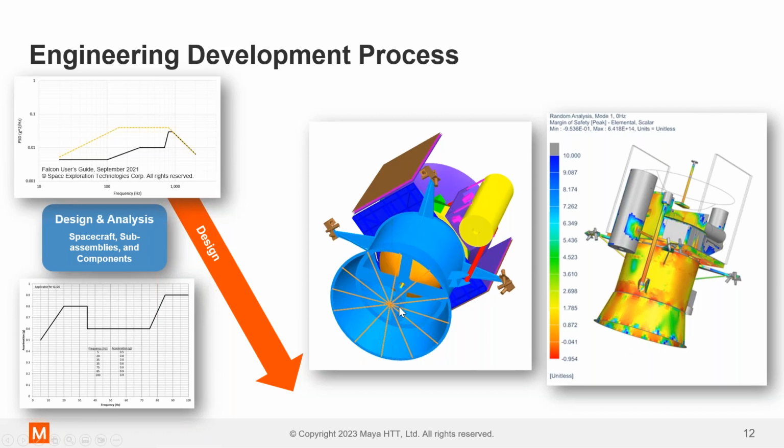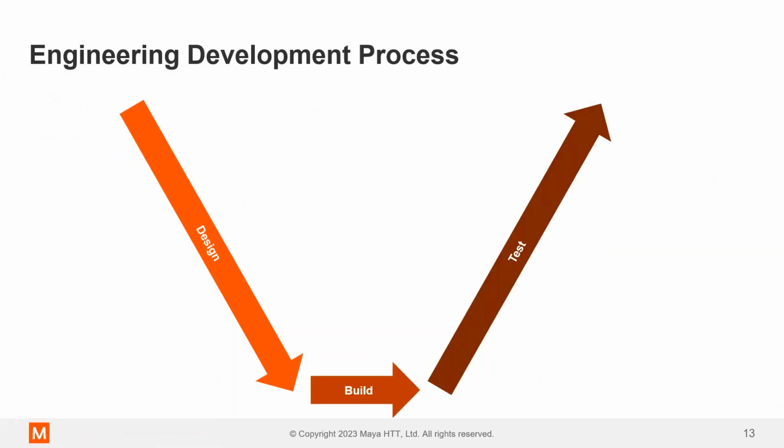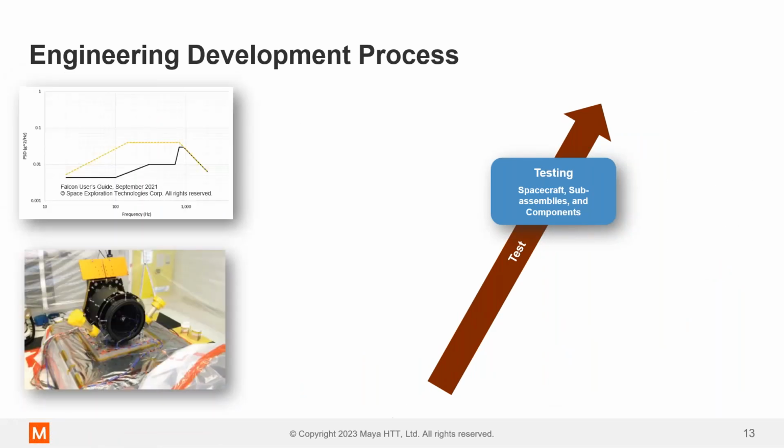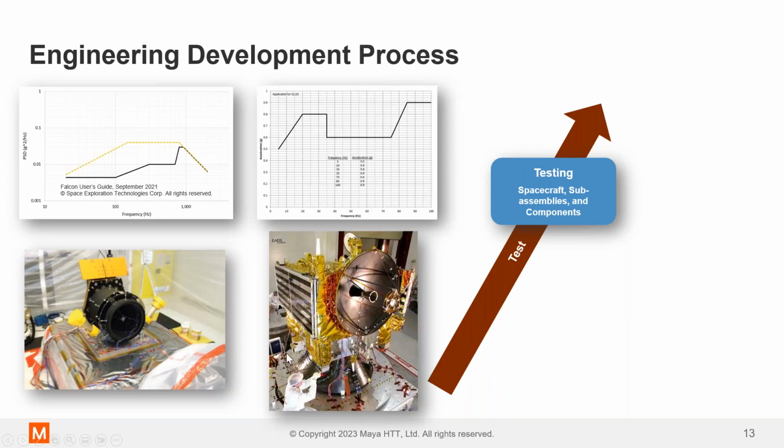The article is fixed to that table and shaking. In your analysis, you pick a single point, you just grab the bottom of this adapter here and fix it to a single point, and that's where you're putting in this input and driving the analysis, and then getting your results. And then once you get your results on the back end, you're going to do testing. You're going to take the same inputs that you analyzed to, you're going to do component testing, and then often even full spacecraft testing. In this application, you're often doing a sine sweep to 100 hertz.